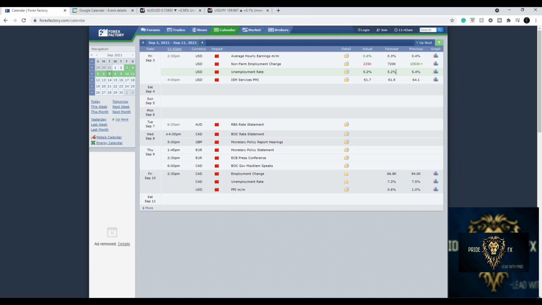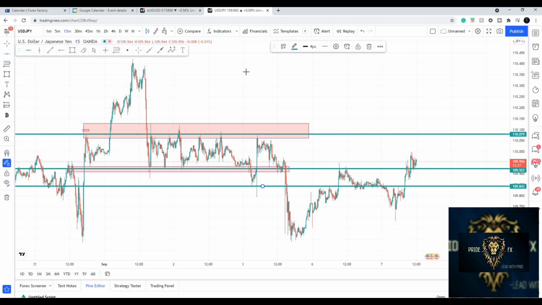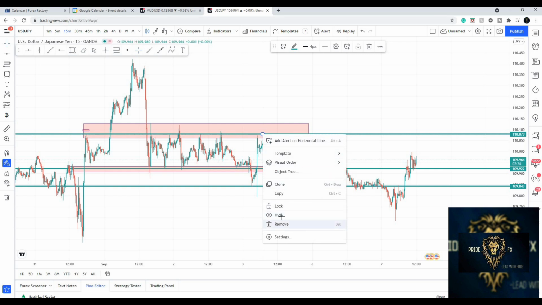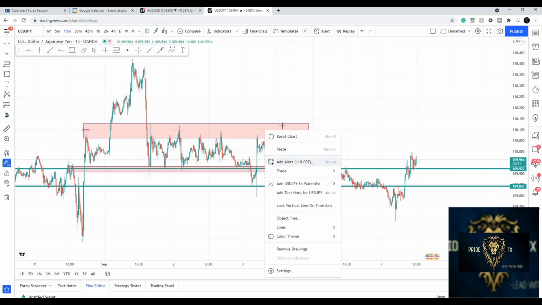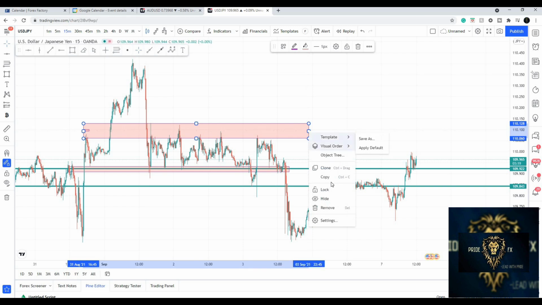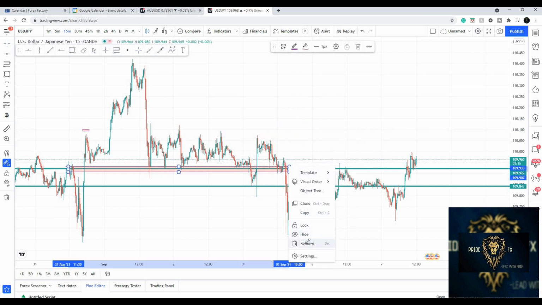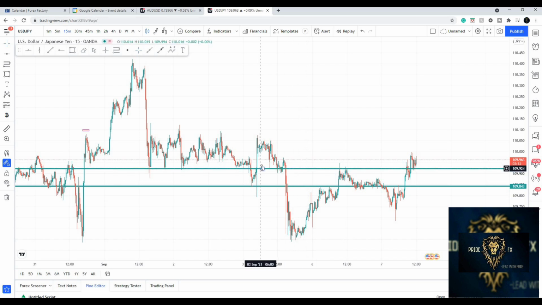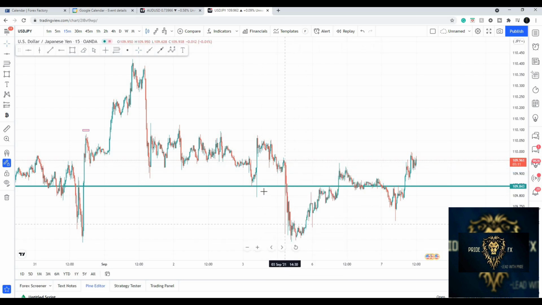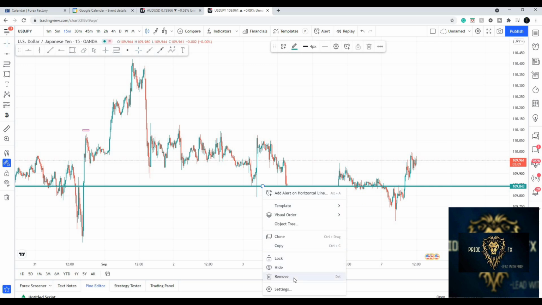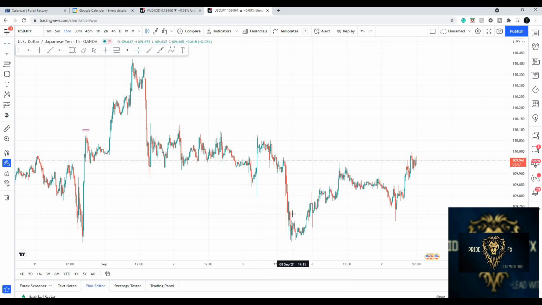So let's dive straight into NFP. And so I'm using USD JPY for this. Okay, so all I'm going to do is delete that. And so we need to predict that. So it's not going to be that the forecast is telling you to sell, it's telling you to buy. It's just that we wanted to know what event would have taken place, because if you're looking at the forecast, like I said, it's not going to be as accurate as you would want it to be.